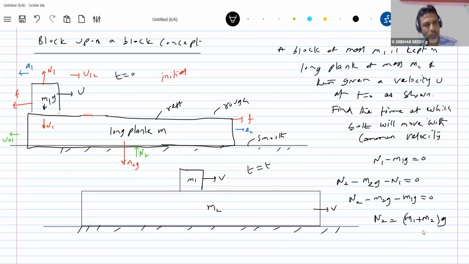This is a very simple problem and very important for us to carry on to further concepts. Why do they acquire a common velocity? Because of retardation, the velocity of the block keeps on decreasing. Because of acceleration A2, the velocity of the plank keeps on increasing. At one instant both will have a common velocity. The moment there's no relative motion, what happens to the friction? Friction will vanish here. But sir, they're moving. We are not bothered about moving or at rest. If there's no relative motion, the friction will not exist, because friction will always act opposite to relative motion.